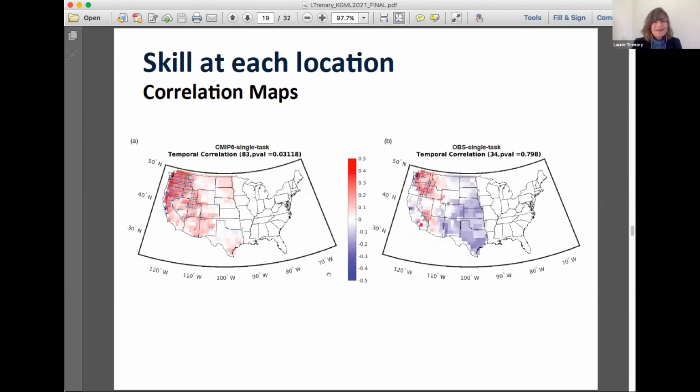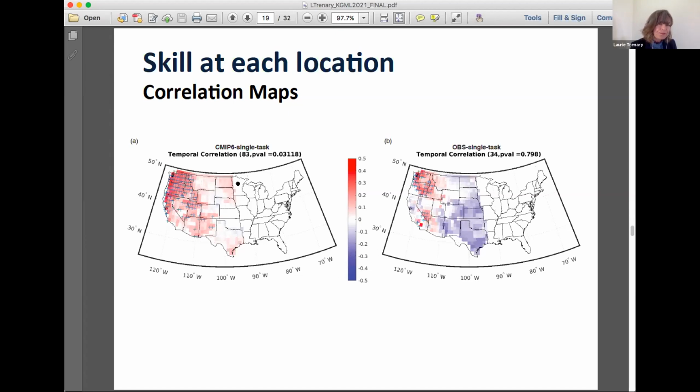So now we can start looking at the skill. The figure at left is, so these are both correlation maps. The figure at left is the correlation map that we get from the CMIP6 trained empirical model. At right is for the observations. The red colors denote positive correlation, which is what we want, and the blue shades denote